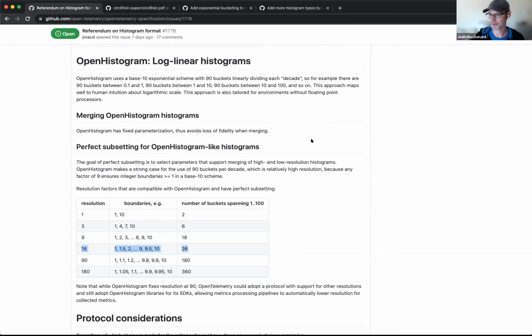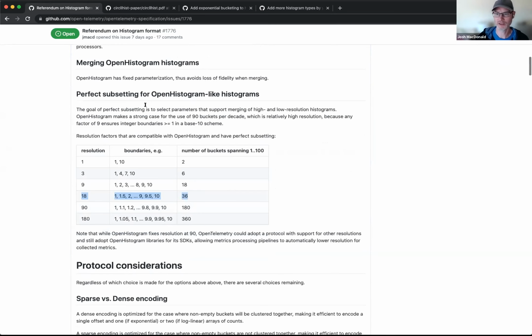So there are 2 or 3 options of just styles of protocol, and that doesn't talk about what libraries we're going to use, and that doesn't actually talk about exactly what encoding we're going to use. There's still sparse versus dense encodings and so on. But the biggest choice seems to be choosing base 10 versus base 2 as the kind of foundation, and then we can actually have multiple protocols that convert perfectly between each other if desired. And I don't really know what's best. I was hoping to get lots of input. There is a lot of input, and I haven't even read it all.